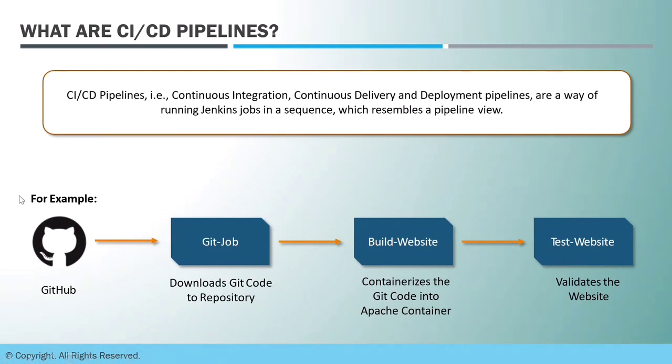So this is a similar example. You have a GitHub repo where developers are pushing their final version of code in small releases. Then these are downloaded by the Jenkins job from the Git server to the slave nodes or target machines. Once downloaded, the code is built based on the type of code or language it has been written in, and once built, it is deployed and tested on the target machines.